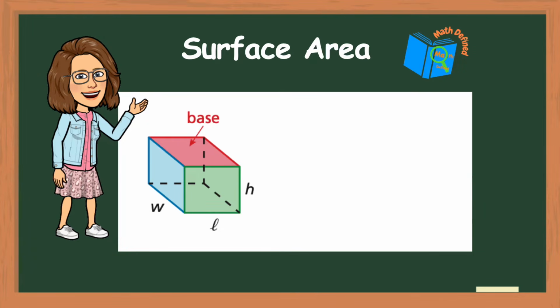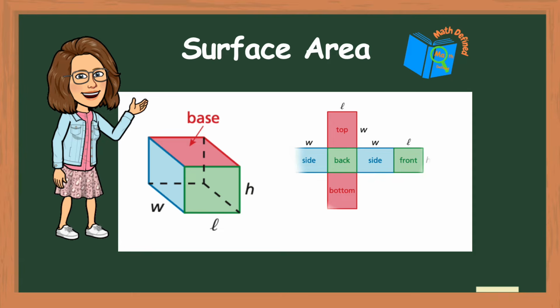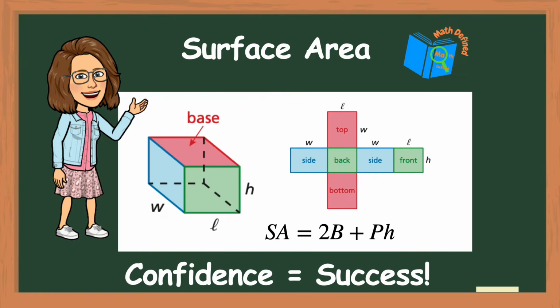Finding the surface area of prisms can be quite a challenge, but I'm going to show you two different ways you can use to find it. One way is to unfold the prism into a net, and the second way is to use a formula. Either method you choose will give you the confidence you need to be successful in finding the surface area of